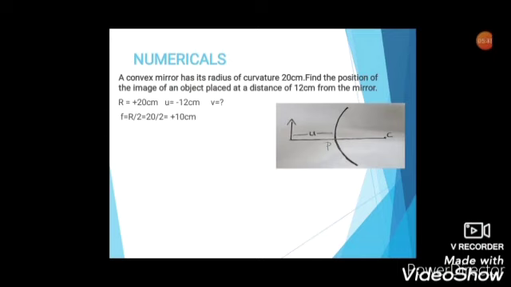Is that clear? Now the object distance is given by 12 centimeter, and that is given by a negative sign. Why? Object, I told you, whether it's a concave mirror or a convex mirror, the object is always kept towards the left of the mirror. And according to the Cartesian sign convention, anything towards the left of the mirror, a negative sign is given. So that's the reason you have the object distance as minus 12 centimeter. Is that clear? Now the question here is to find the image distance, which is given by V. So then I'm going to put a question mark.